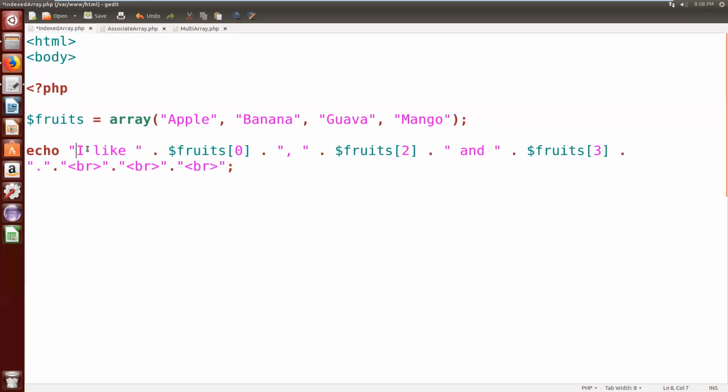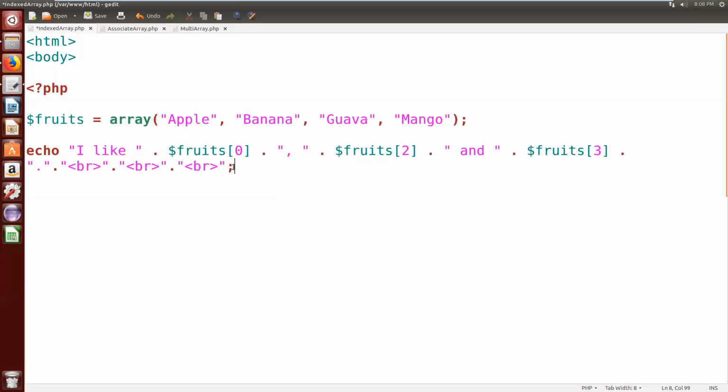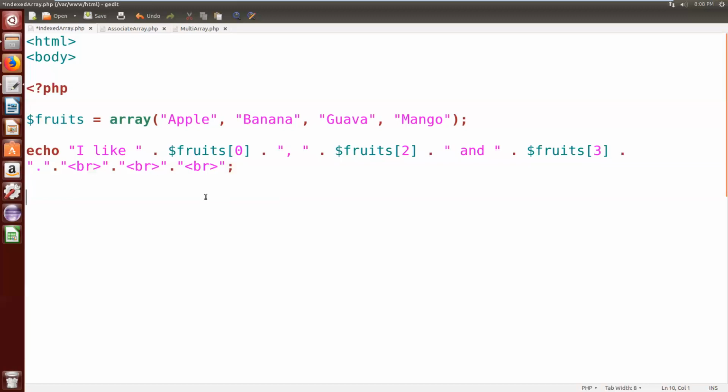So here I am printing "I like apple", and the next string also I am concatenating with this. So comma, guava and mango. Here $fruits[2] is guava and $fruits[3] is mango. So like this, I can print the statement on the screen: I like apple, comma, guava and mango. So that will be printed on the screen.